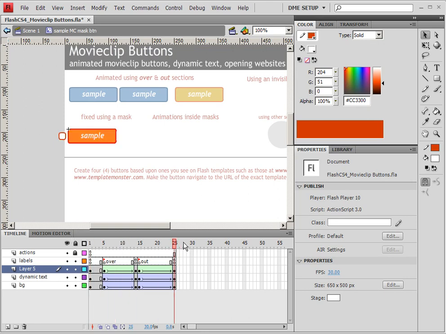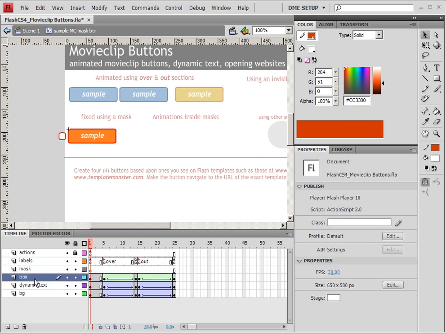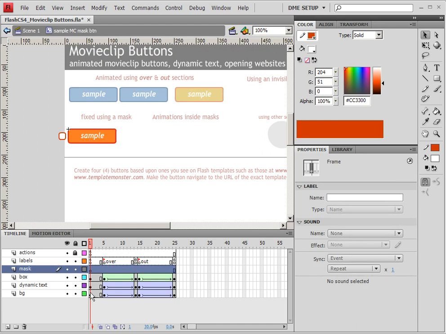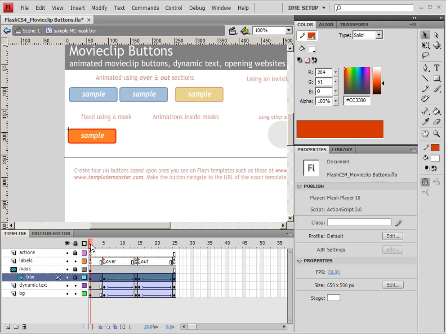So to fix this, we go into the timeline, of course, of this button, and I'm going to create a new layer, which is going to be called mask. And this can be called box or whatever you want to call it. This is going to be the mask, and I'm going to take the original background layer and duplicate it up to the mask just by clicking on the keyframe and using the Alt key and dragging it up. Now we'll right-click on that layer and choose Mask, and you'll see that the box is now masked inside that layer. Now we can actually add the other elements as well, the dynamic text and the background, to be underneath the mask as well, and that won't really matter because anything that's inside that mask will actually be